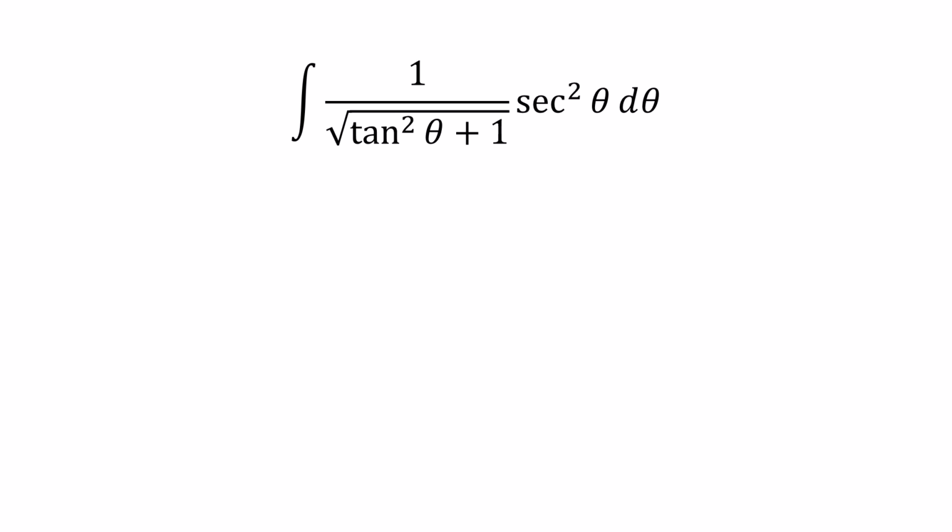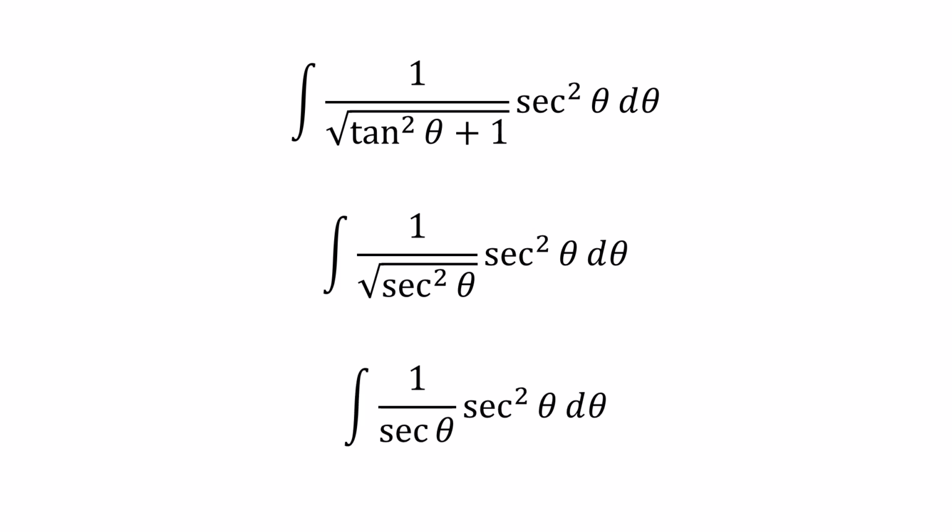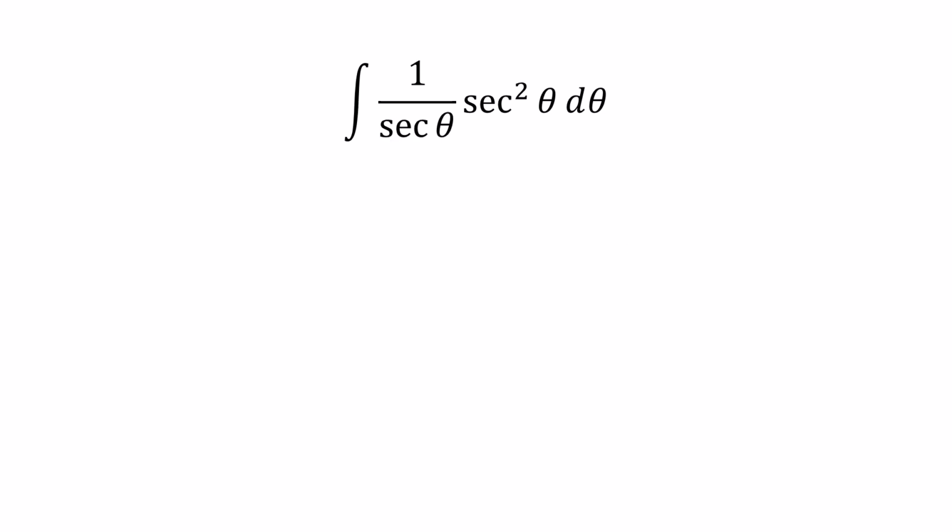Simplifying using the Pythagorean identity then gives the integral of 1 over root secant squared of theta, times secant squared of theta d theta. Taking the square root then gives the integral of 1 over secant of theta, times secant squared of theta d theta. Simplifying gives